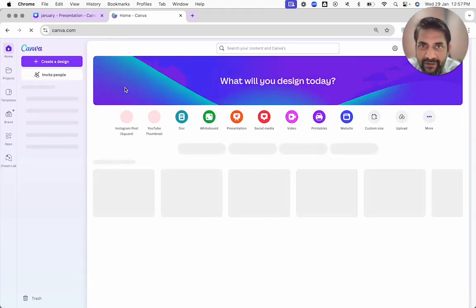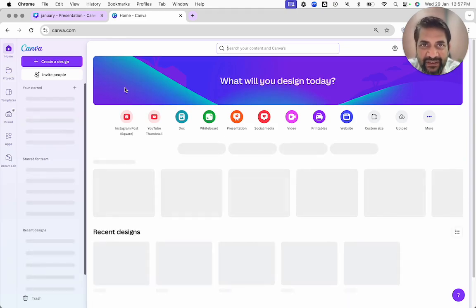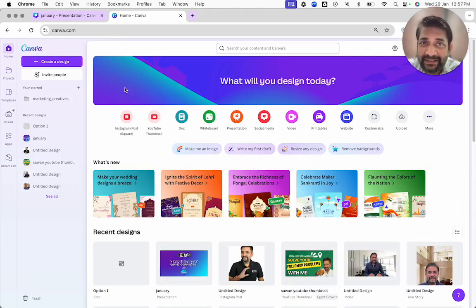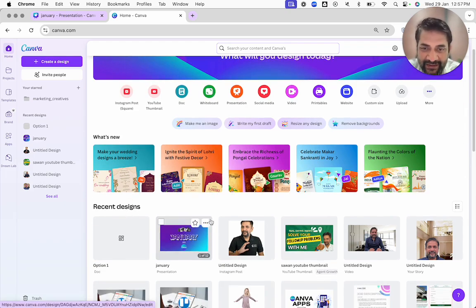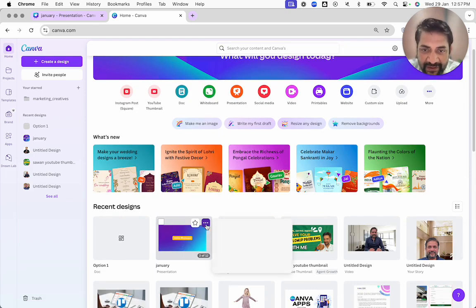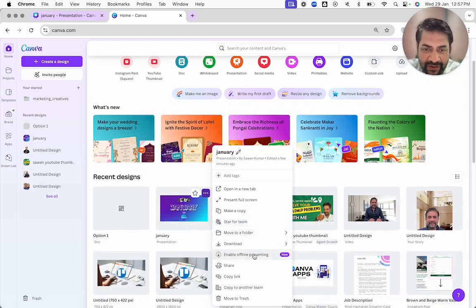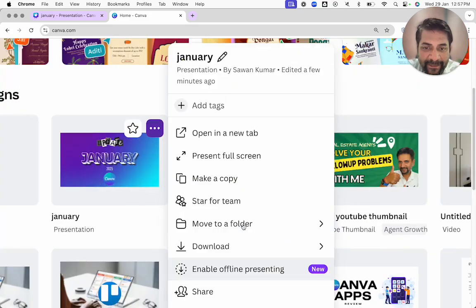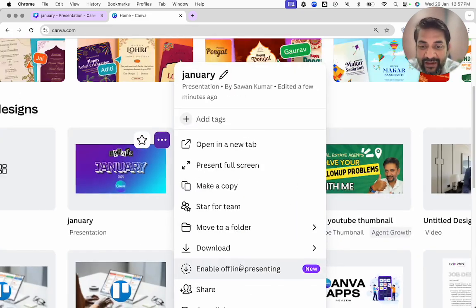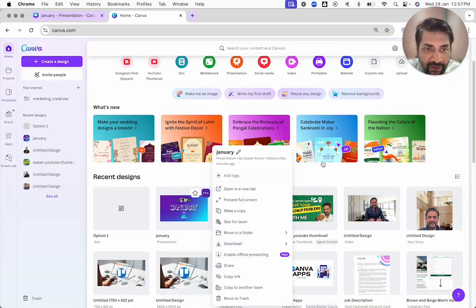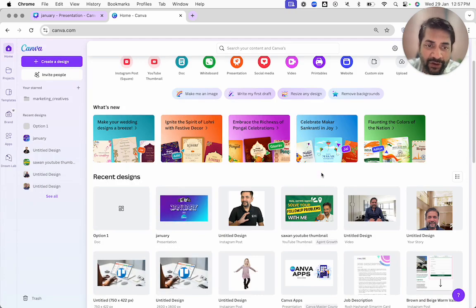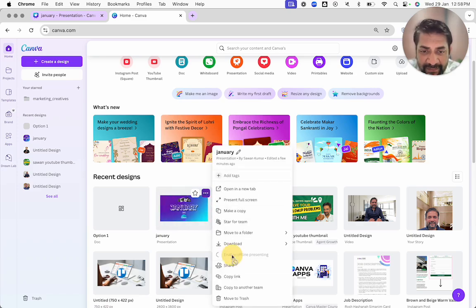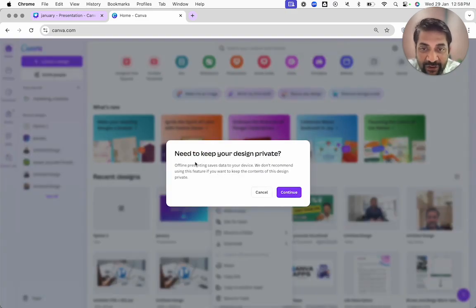as you understand by the name offline presentation, that means that even if you're not connected to the internet, you can access the presentation. So that's precisely what it does. So I click on the 3 dots that we have here, and you see the option called enable offline presenting. That's the new feature that I am talking about. The moment you click on this, all of the other presentations, if you're not online, not connected, they won't load. But if you enable offline presenting,